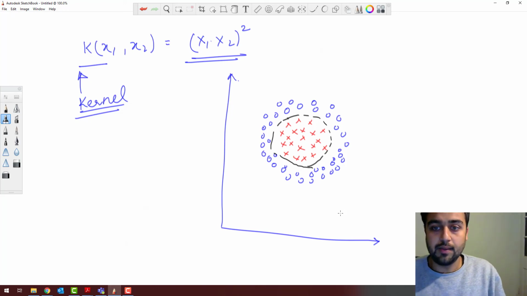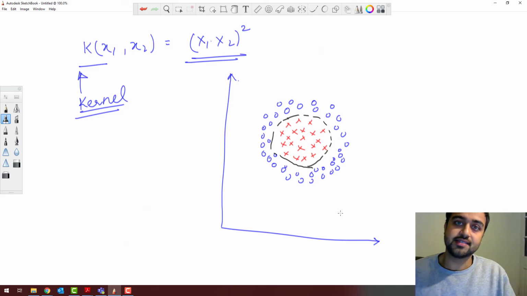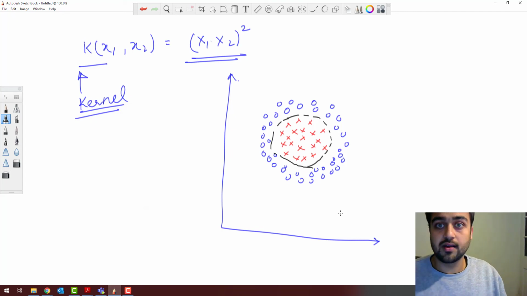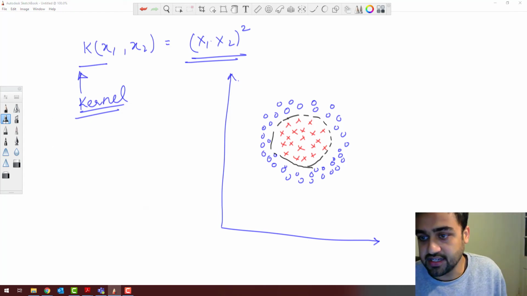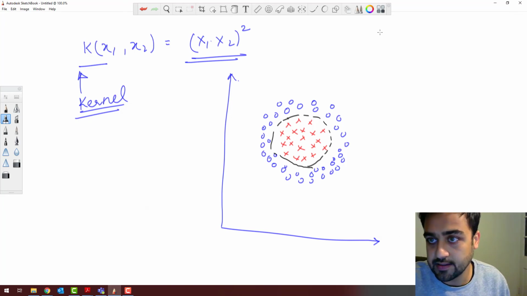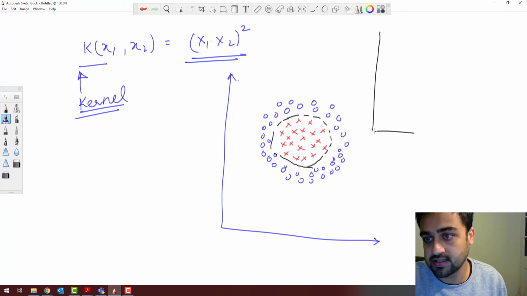Using the kernel trick, we can project these points into a three-dimensional space, through which they become linearly separable, right? What I mean is we change these points. If we use the kernelization trick and project these points into a 3D space, a 3D space would look something of this sort,